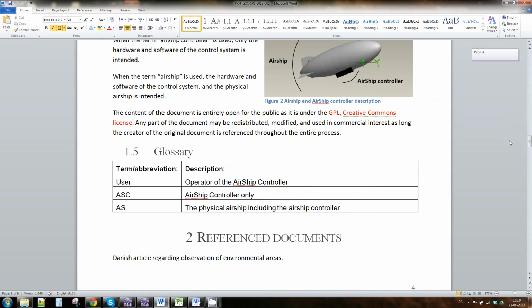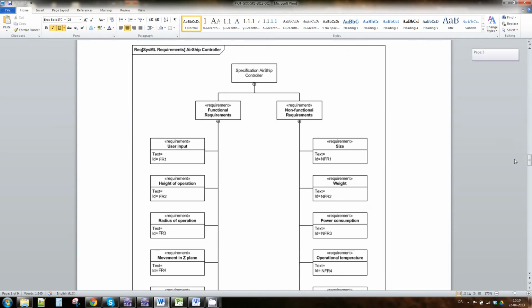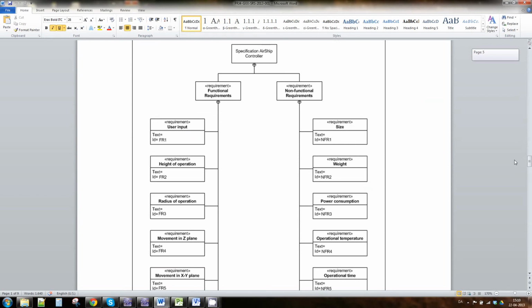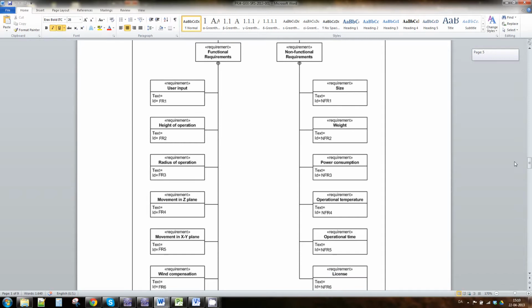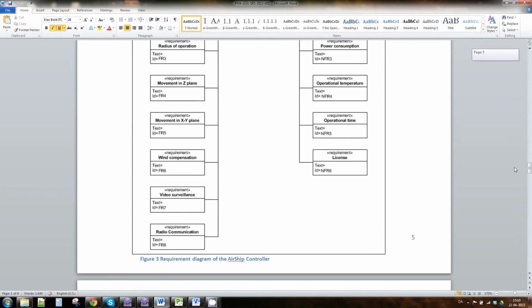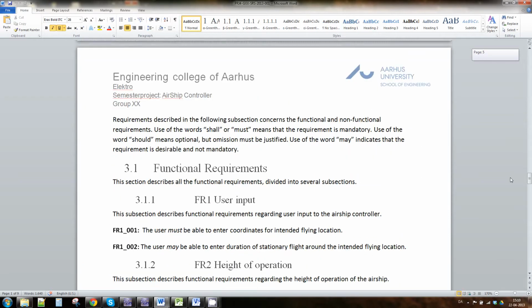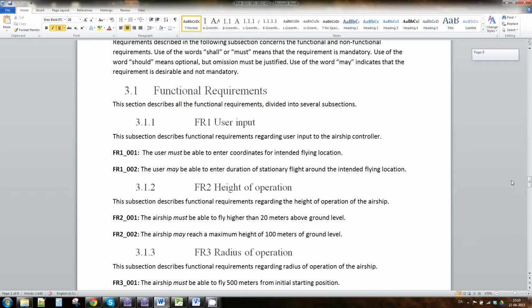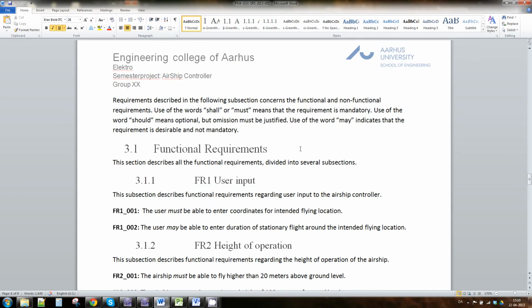These will all usually be documented in this kind of document, and the requirements will be listed as functional and non-functional requirements. And here you can see a portion of these. There are different ways to structure this. I used this SysML way of doing it. The way you can describe functional and non-functional requirements is with the words shall, must,